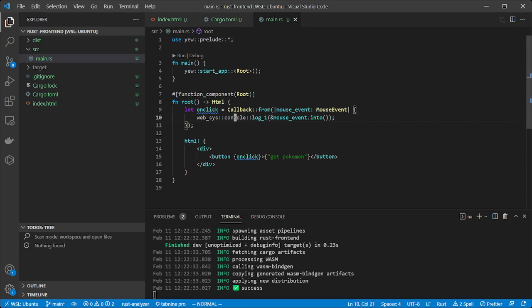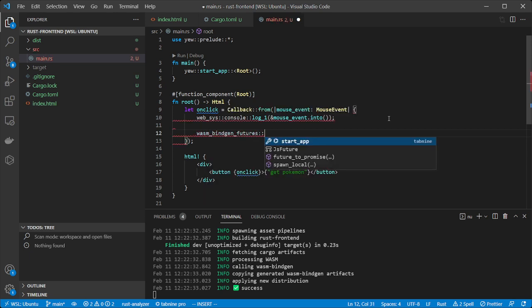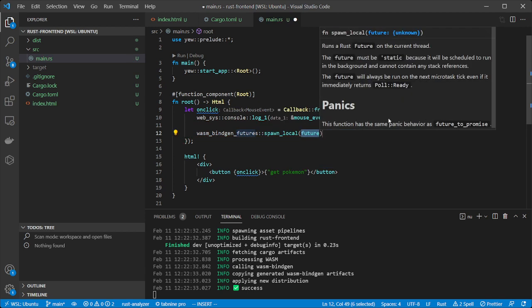Let's take a look at how we're going to use those. So as soon as our button is clicked, we log a mouse event. We can go ahead and leave that log in there for now, but in addition to that, we're also going to spawn an asynchronous task that's going to fetch our Pokemon. So let's do that. We can do that with wasm-bindgen-futures spawn local,